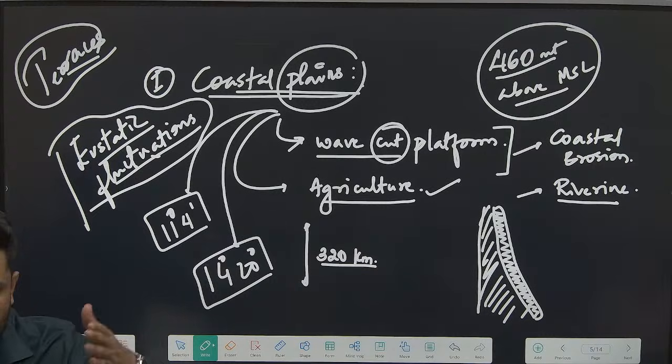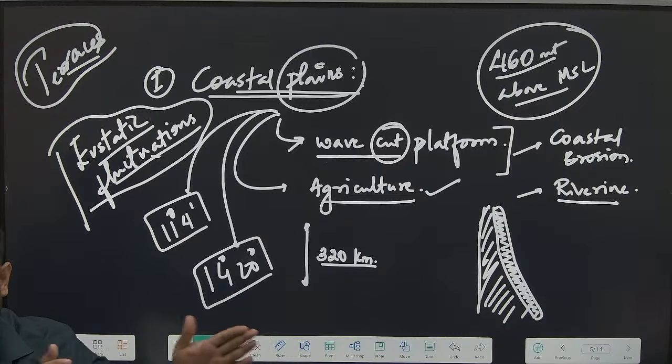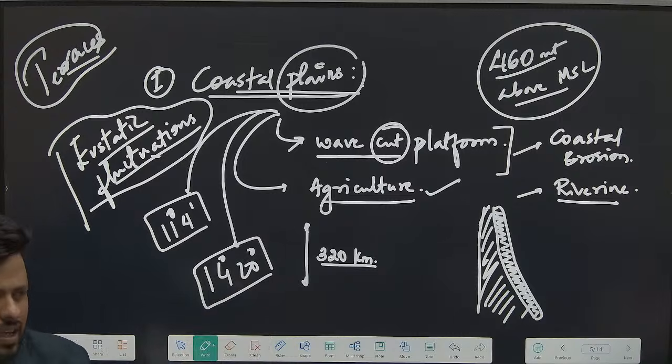So when you study world geography, the features of rivers in the young stage and the mature stage, that knowledge is what you have to extend to the state of Karnataka also. Are we clear that most of the west flowing rivers are in young and mature stage, and as a result they do not form deltas? And are we aware of the alignment? Narrow in the north, broad in the south. That's all.